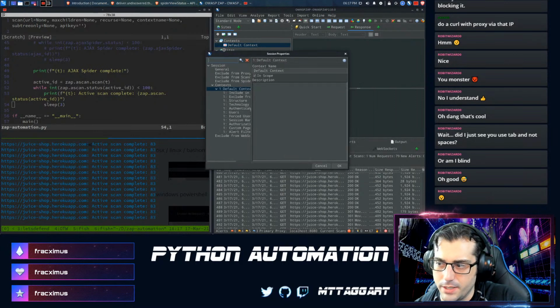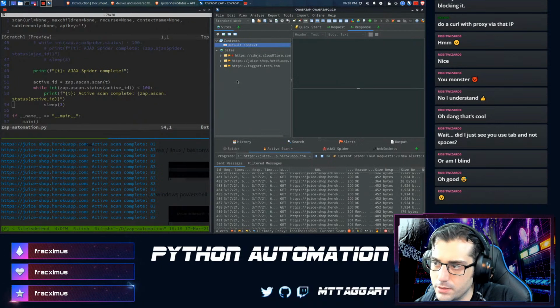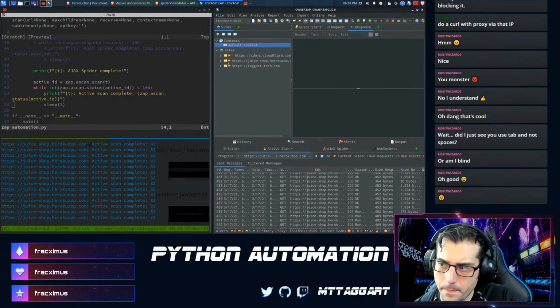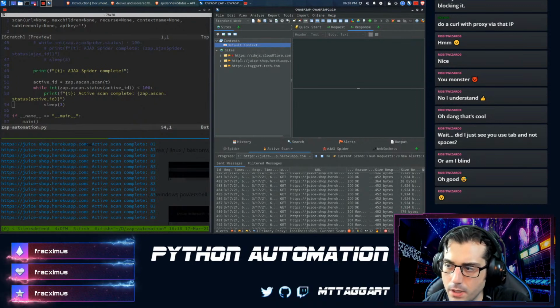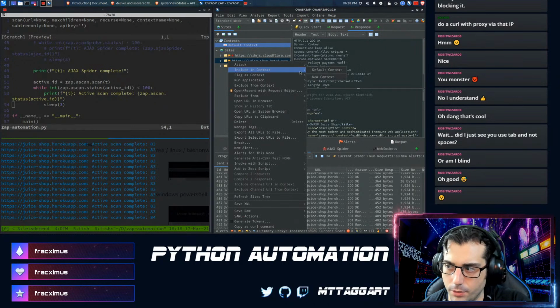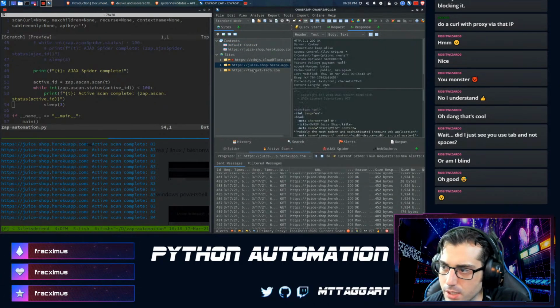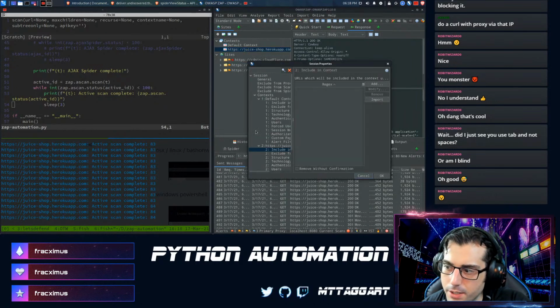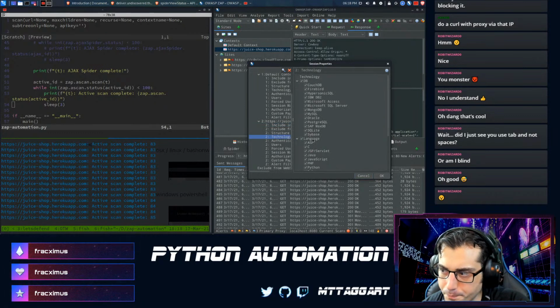You see the default context is what it is, but I haven't added any of my sites to that context. So in order to do that, I would have to right click and include in context, which actually adds the thing to a scope. But in addition, here inside that context, I can set up the technologies that I care about.